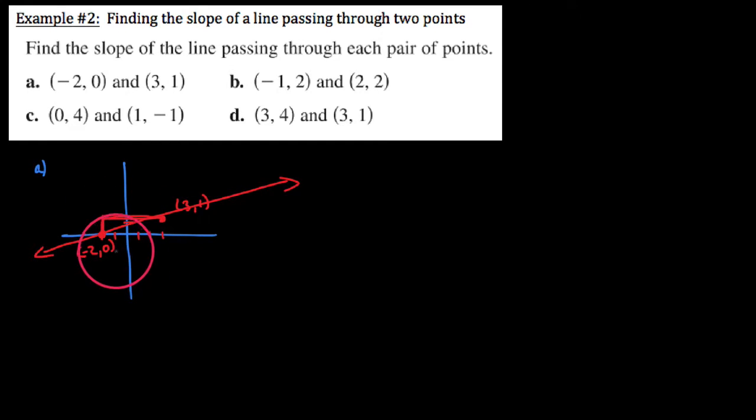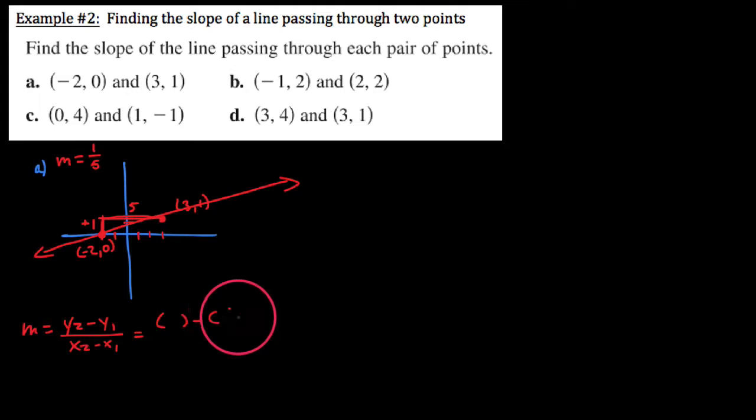It seems to me that our change in y values, just by visually looking at this, we have 0 to 1. It went up by 1 unit. And also, in terms of change in x values, we have negative 2 over 3. That's a total distance of 5. So if you were to ask me visually what is the slope of this line, I would say it rises 1 every time it runs 5. That's what it's going to do indefinitely. Now, of course, our intent here is to use the slope formula, and that's what we're going to do, but I want you to see that you can verify this visually as well.